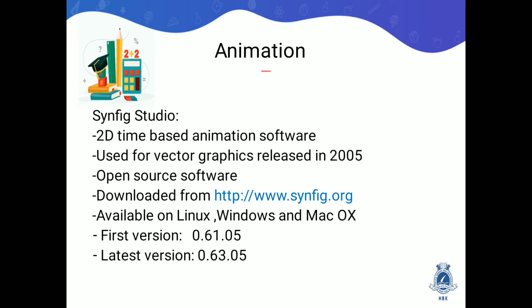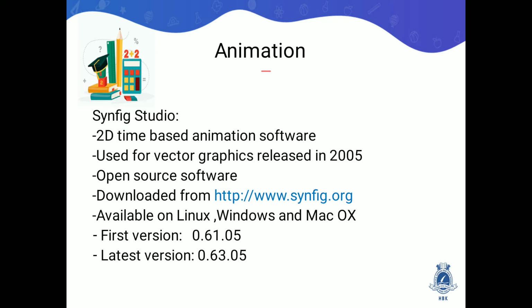We can download it for all PC platforms. Users can select whichever operating system they require and download the current version freely from www.synfig.org. The first version of Synfig Studio is 0.61.05 and the latest version is 0.63.05 according to our textbook